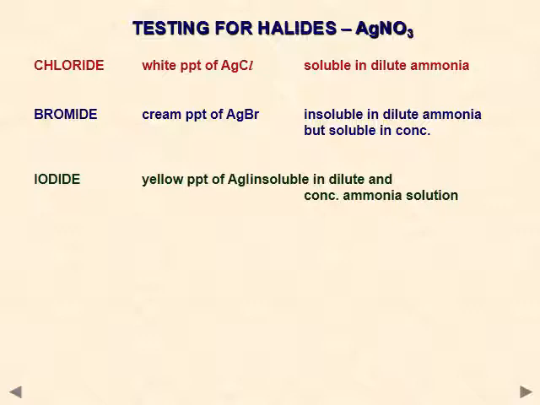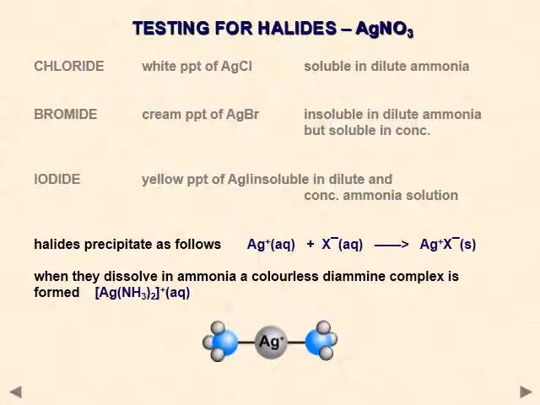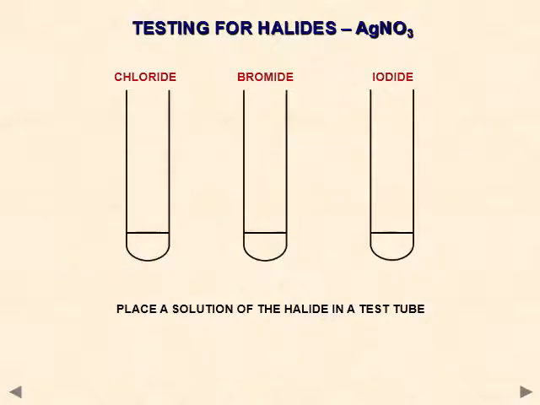So if you add concentrated ammonia, 1 or 2 drops, the precipitate will immediately dissolve. But in case of iodide ion, the yellow precipitate neither dissolves in dilute aqueous ammonia nor in concentrated aqueous ammonia. So what happens when you add aqueous ammonia to the precipitate? The silver ions are complexed or datively bonded with ammonia, in which ammonia forms a dative bond with the silver ion. Two molecules of ammonia bond with one silver ion to form a diammine complex, which is soluble, and the precipitate dissolves. So these are the changes.